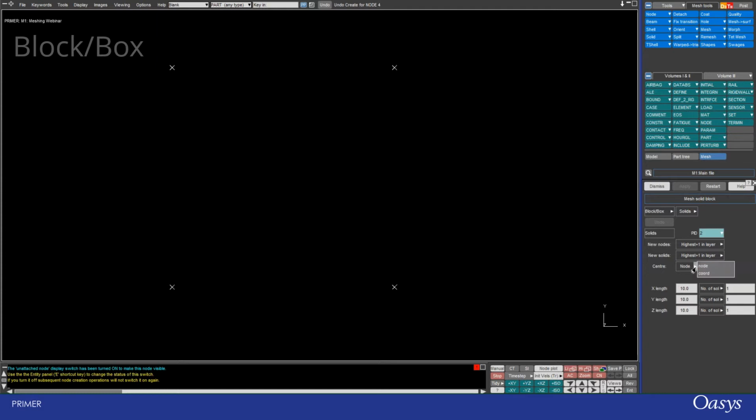So I could either use a coordinate option or pick a node. Since I've got one here already, I'll just pick that. Turns out that's 0, 0, 0 as defined. I'll leave these options as they are. So the sides are 10, 10, 10,